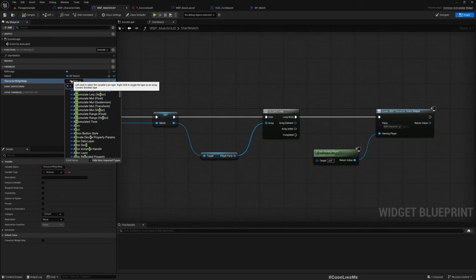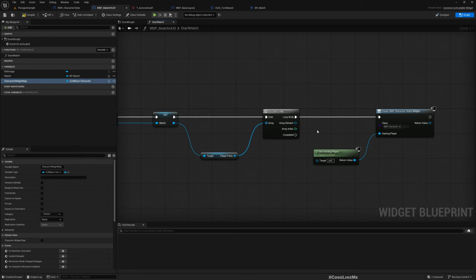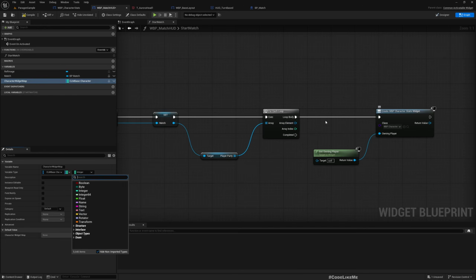So I'll choose the type CLM base character, and I'll turn this into a map, and the other variable type should be this WBP character stats. Okay,